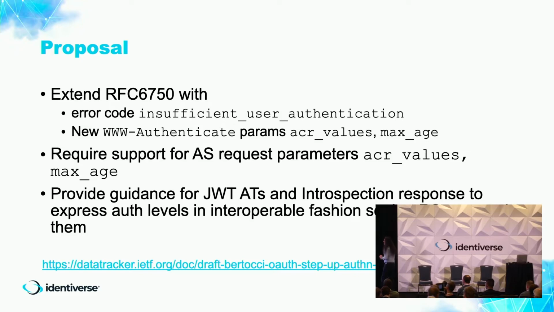Okay, so Aaron mentioned earlier this JWT profile, which we worked on, which basically describes how to encode an access token using JWT in an interoperable fashion. As part of all of that work, we introduced claims that can be used by the resource server to determine what was the ACR authentication level that was performed. So for that side, we are covered.